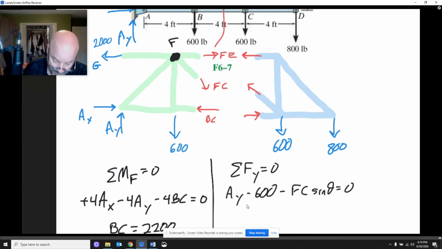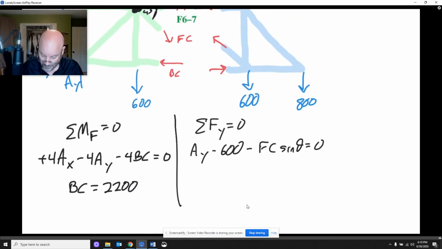And so we really need this angle up here. And if you look through the geometry, that turns out to be 45. So that's easy to get our hands on there. Again, we know AY, we know 600, we know theta is 45 degrees. And so that tells us that FC, once we go through all of that,